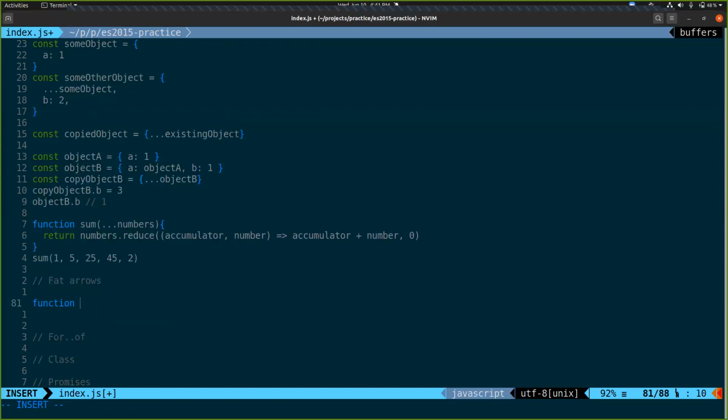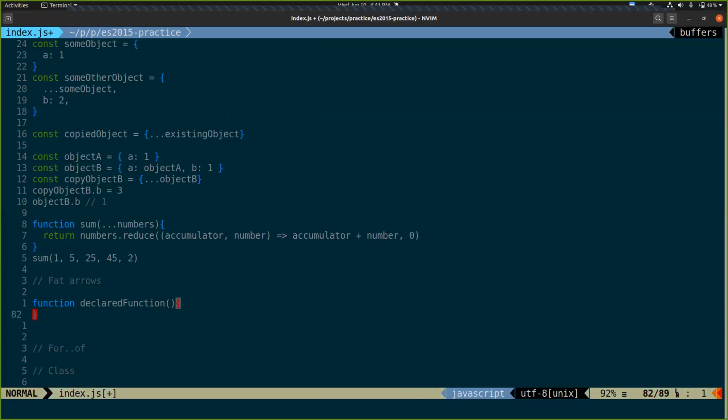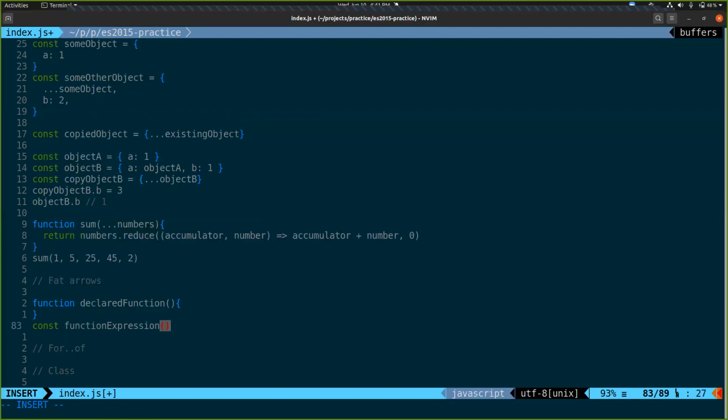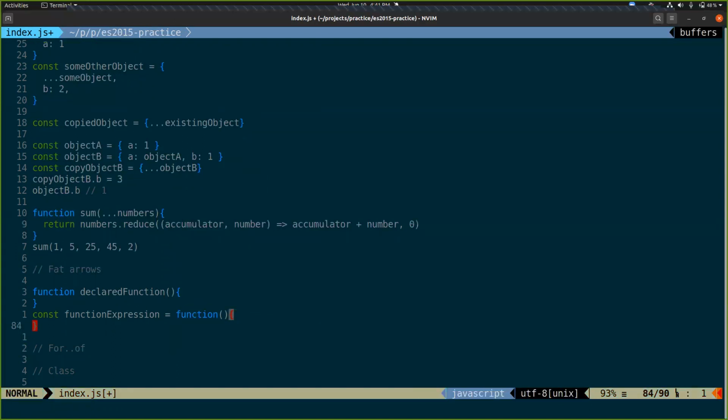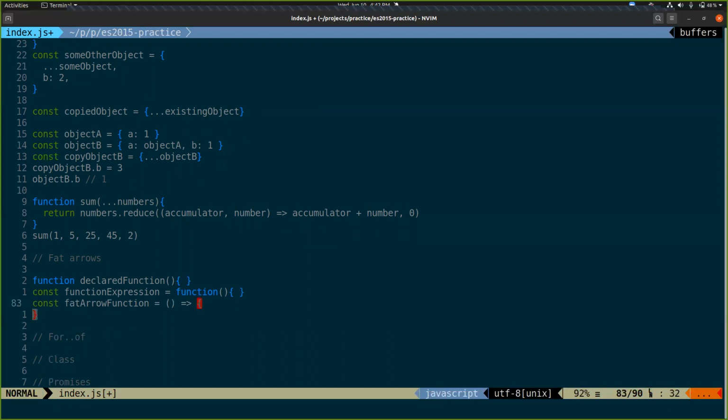So we've got this way of doing it, this way of doing it, and this way of doing it.